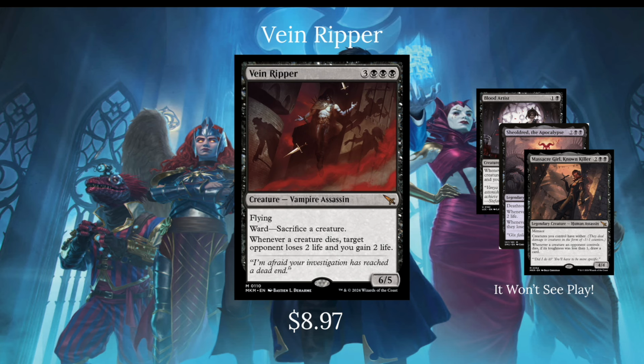In terms of Commander, paying 6 for a double Blood Artist is not the rate that you want. Blood Artist is 2 mana. We already have Zulaport Cutthroat, we have Bastion of Remembrance, we have Cruel Celebrant, we have all sorts of different cards that do this effect, especially when you start adding other colors. You don't need Vein Ripper, it's too much mana. And in Standard,